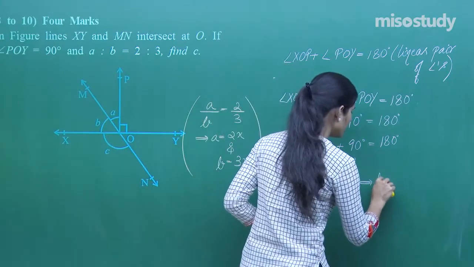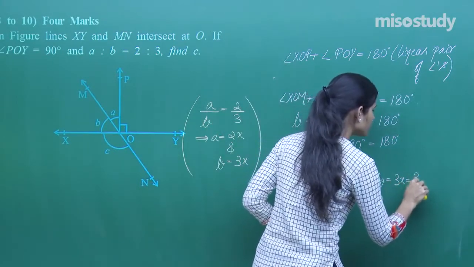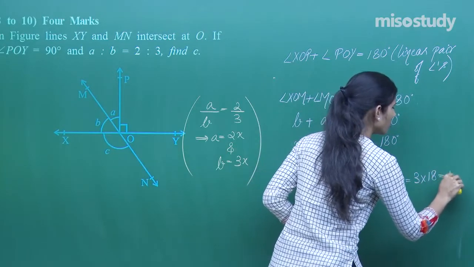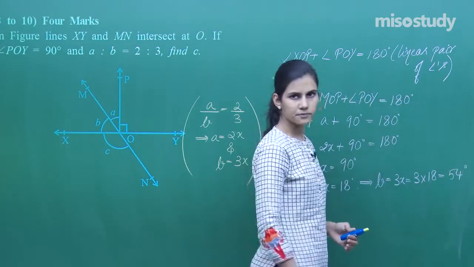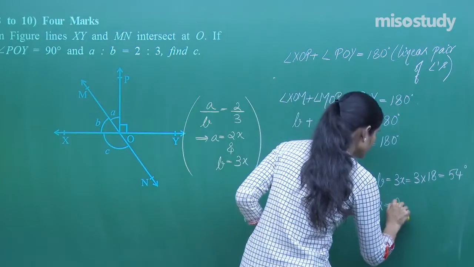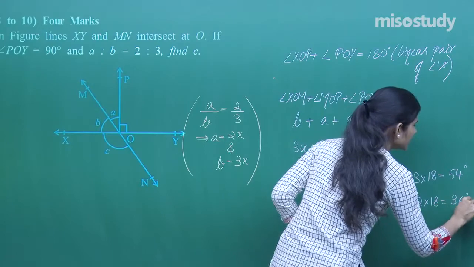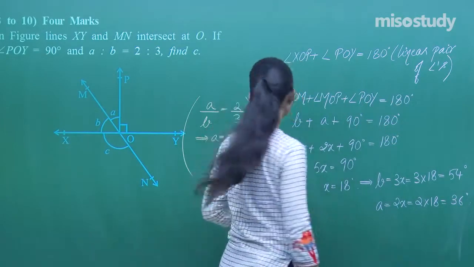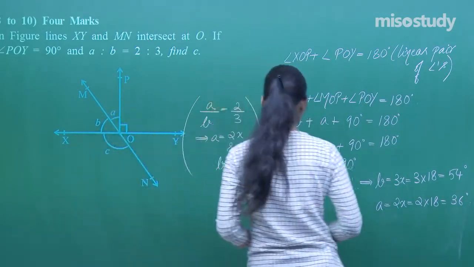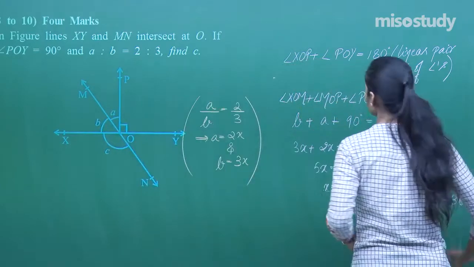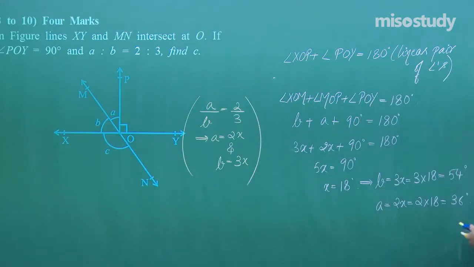Therefore, B will be equal to 3x, which is 3 into 18, which is 54. And A is equal to 2x, which is 2 into 18, which is 36. I have got the measure of B, I have got the measure of A as well. I just need the measure of C. Now what you can see from the diagram,